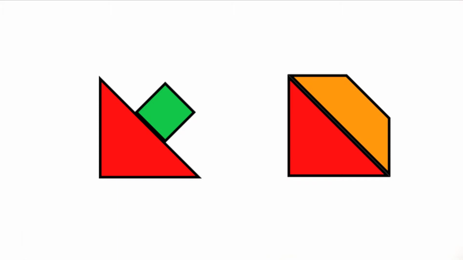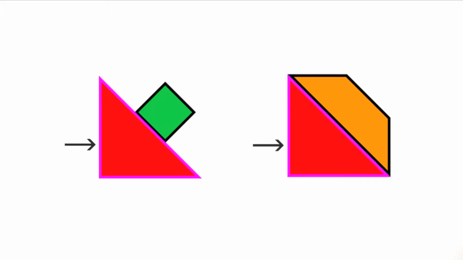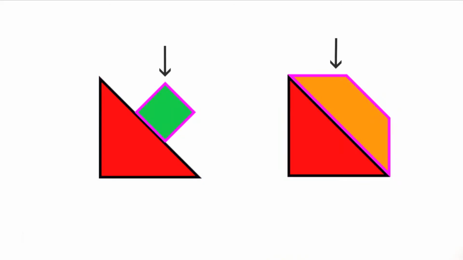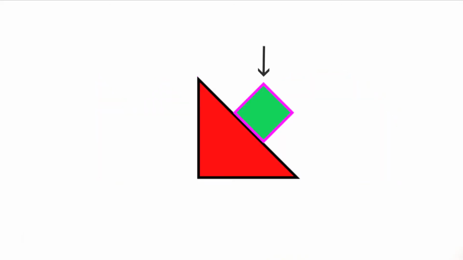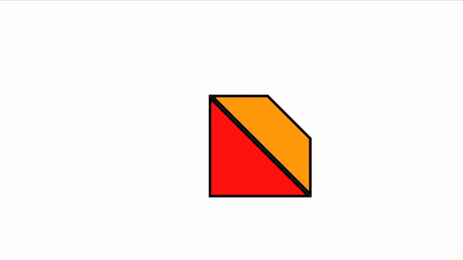However, some numbers do not have two of the same number that can make them up. This is why 7 and 9 are made up of two different colors. They're made up of a 5 and an additional amount. 7 is made up of a 5 and a 2, and 9 is made up of a 5 and a 4. You could, of course, make 7 and 9 out of two different numbers than these and get the same